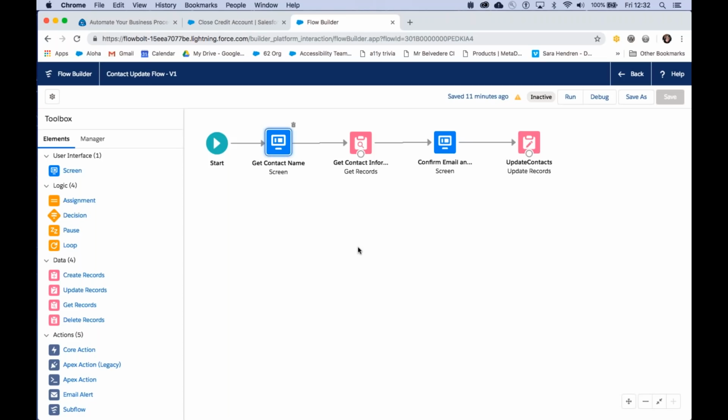Yes, when you're going from Cloud Flow Designer to Flow Builder, the first time you will have to save it as a new version. The rest of the time, and you might have to correct me on this one, I believe as long as it's not active, you can edit it without saving it as a new version.